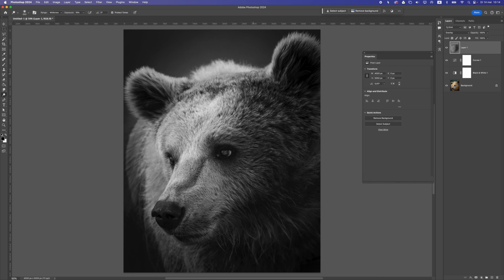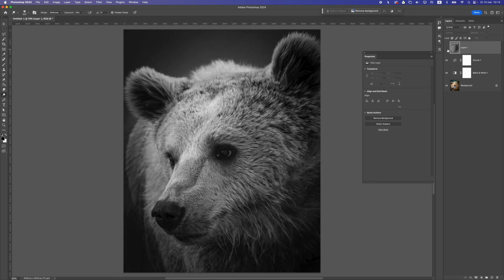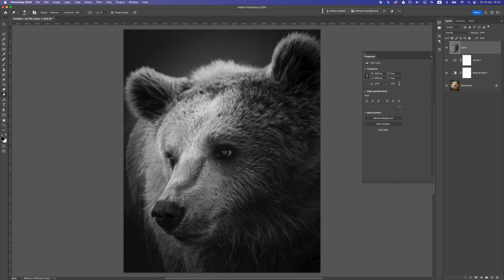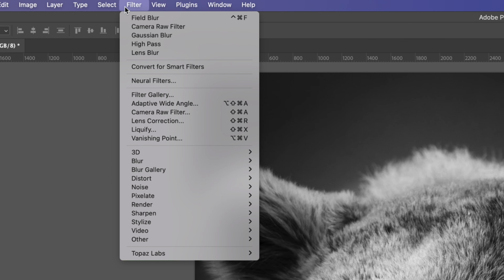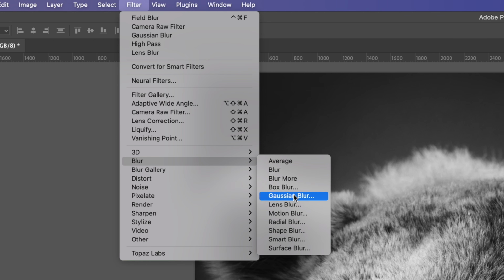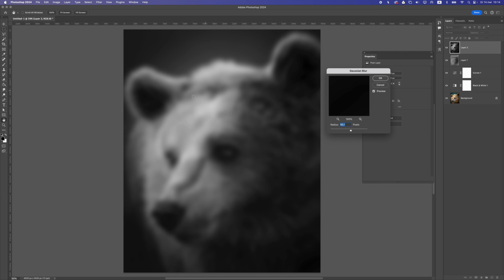And it's already enough. Now let's see what we made. We had this, and now we have this, and you can see how cool this already looks. Now the next thing that I would like to do is create a new layer, and then I'm gonna press Command Alt Shift E or Control Alt Shift E on Windows, and I would like to add a blur. So I'm gonna go to Filter, Blur, select Gaussian Blur, and I'm gonna blur this out like